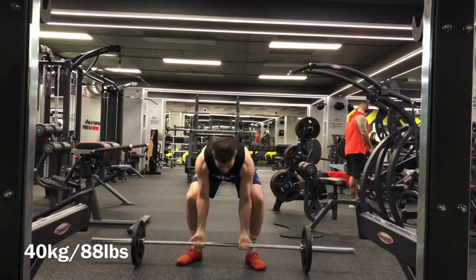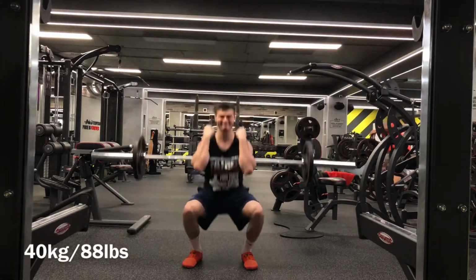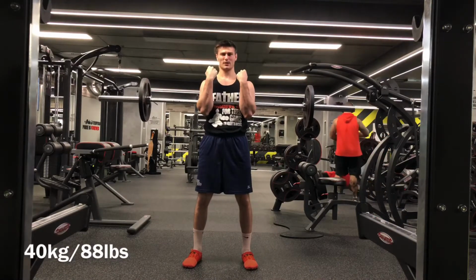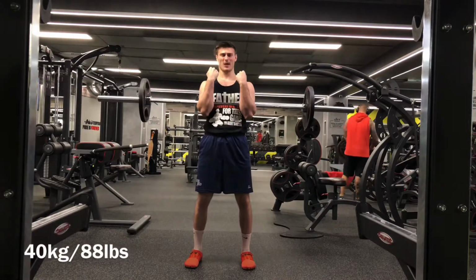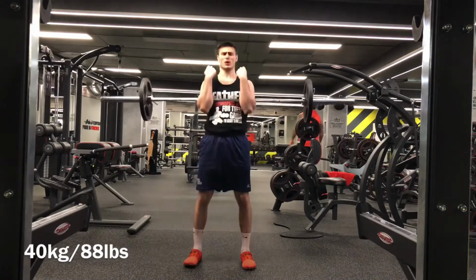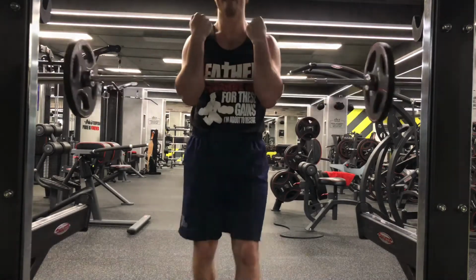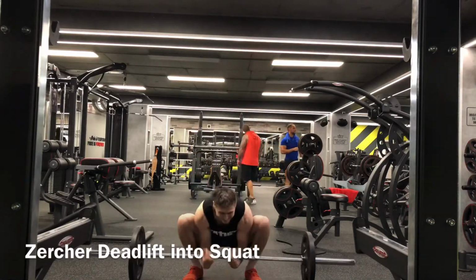But anyway, I started off my workout with some Zercher squats, which are just another variation of squats. I mean, there's nothing more comfortable than having the bar in the crooks of your elbows. When you look at a bar, would you think to hold it in your hands? No, you wouldn't. You'd put it in the crooks of your elbows. That's how you really carry something. And it's just really nicely nudged in there. And you can really get good depth on your squat with this. And it feels very good. It really